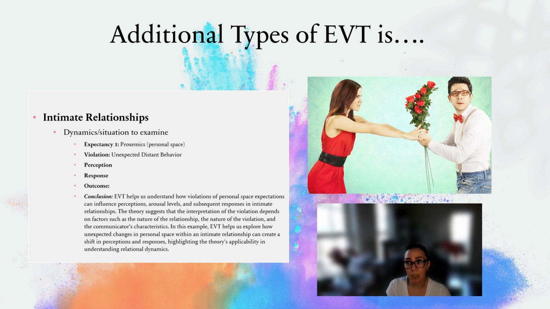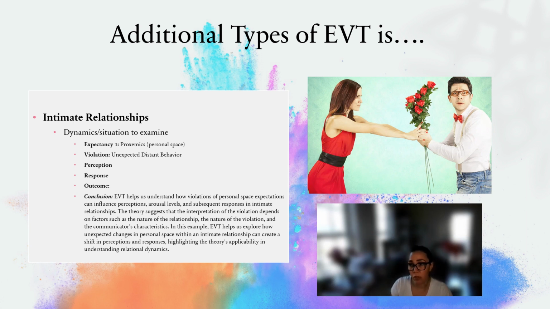The expectancy for one is the personal space issue. In their relationship, there is an implicit expectation of a comfortable and close, intimate distance when they spend time together. So this is part of their shared understanding of what their intimacy level is. The violation is what happens when the unexpected distance behavior comes into play. One day, Alex has been distant and reserved and physically creating more space between them than usual. So this will violate Sarah's expectation of the usual close